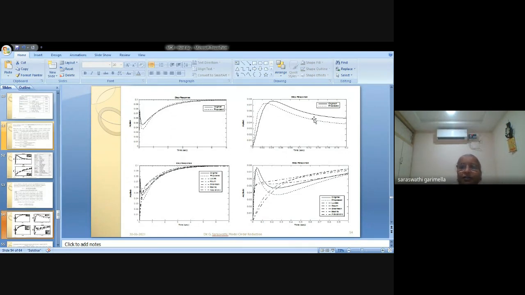So initial matching, if you see, it is almost following the original, because the difference is very, very, very less. So it is following. But with other methods, Routh, Shamash, Alexandro, Lucas, and all, some are not at all reaching it. So those that are near, I plotted. And if you see the initial part, I said this tip will not come. Only the steady state part they will follow, but not the transient part.